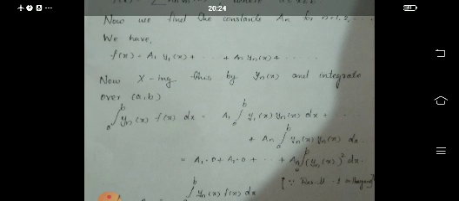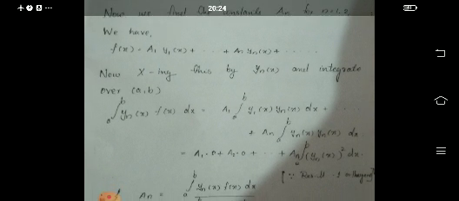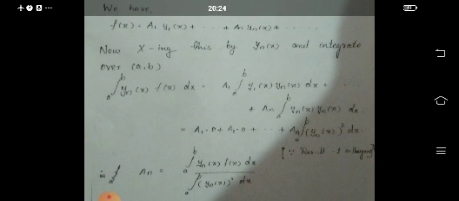Then we have to find this expansion. Consider f of x equals the sum of a n y n of x, where a is less than or equal to x less than or equal to b. Now find the function a n for n equal to 1, 2, 3, etc. Actually a n is a constant. Then f of x equals a1 y1 of x plus a2 y2 of x, etc., plus a n y n of x. Multiplying and integrating.